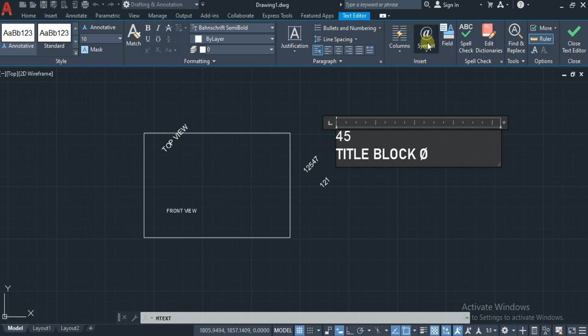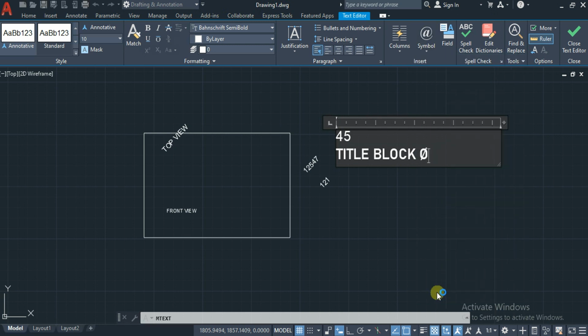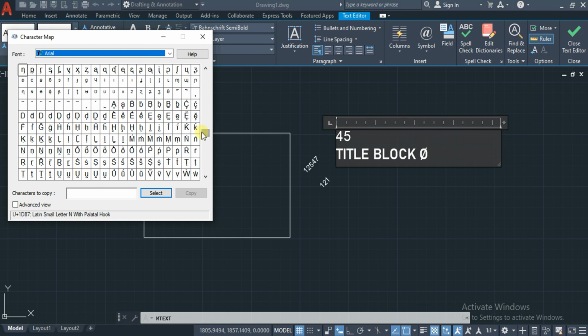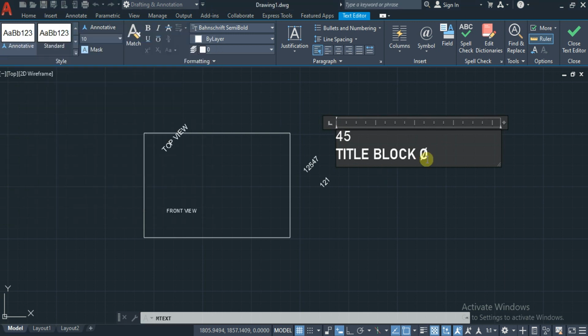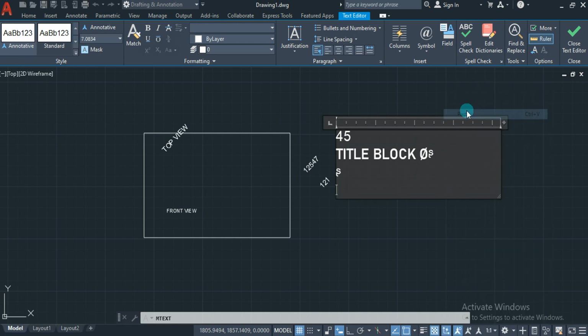Okay, if you want to get more symbols, just click on Other at the bottom and you will be getting a window here. You will be getting a separate symbol window, and from that you can choose the required symbol. Whatever symbol you need, you can select that one and select copy or Control C, close it, and you can go for Control V or just right click on the screen, and you will be getting the paste option. Like this we can give the text also.